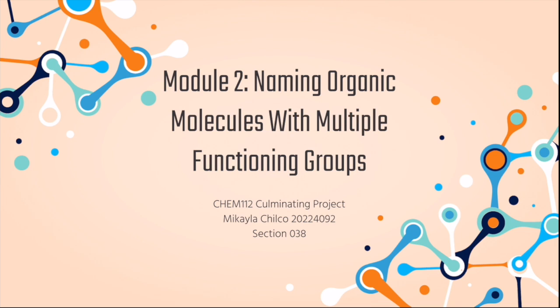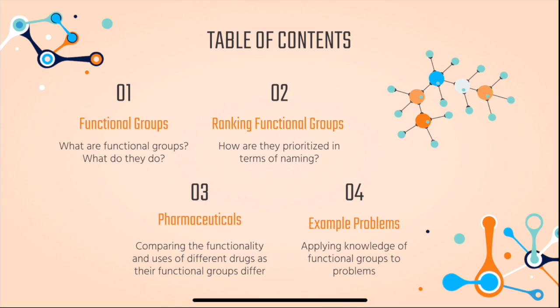We're going to go over Module 2, naming organic molecules that have multiple functional groups. So what we're going to be going over today is just an introduction to functional groups. What are they and what do they do? Next, we're going to go over the ranking of the functional groups, so how they are prioritized in terms of their naming. Next, we're going to apply that to pharmaceuticals, so we're going to compare the functionality and uses of different drugs as their functional groups differ. And finally, we're going to go through some sample problems to apply the knowledge that we've learned about naming multiple